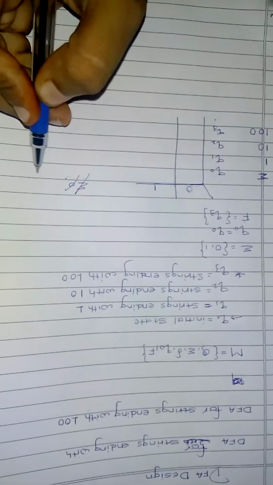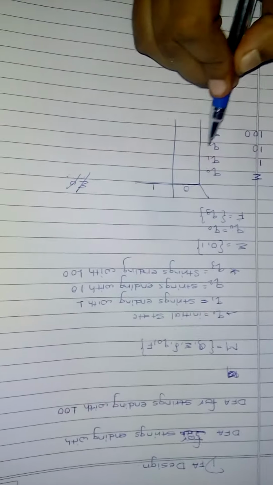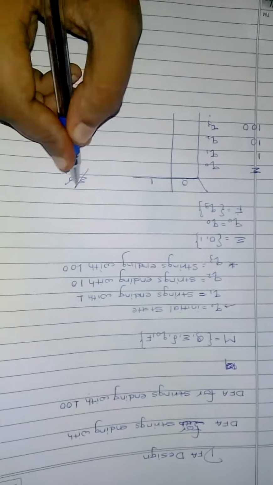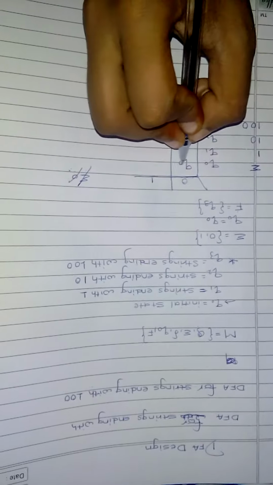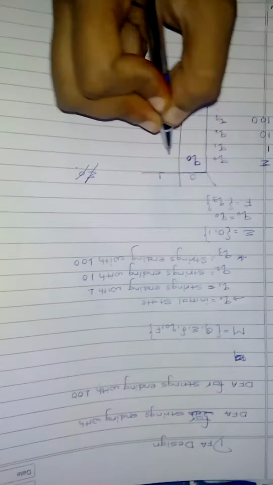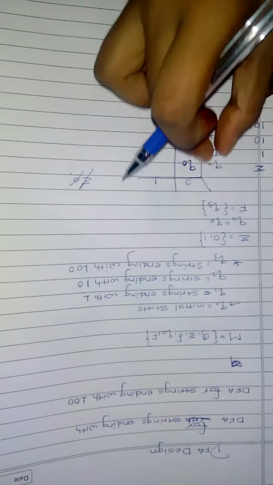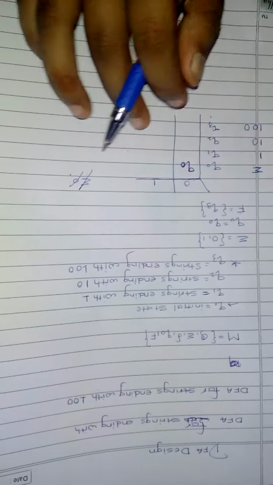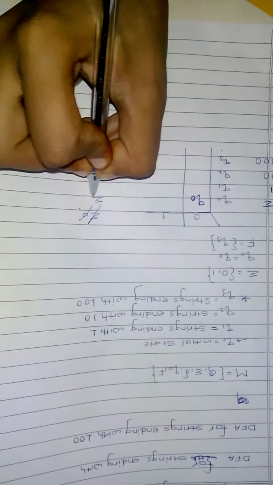So if all states are cut, then we send it to Q0. Means in any of these, if we cut all the states, then we send that state to Q0. Means your state will go to Q0 if all states are cut. Got it? Now similarly we'll do for epsilon 1.